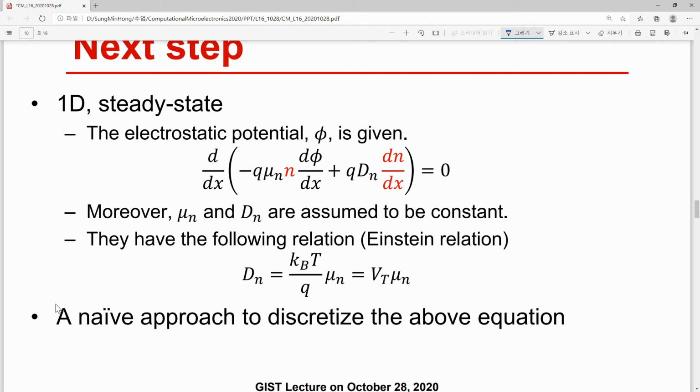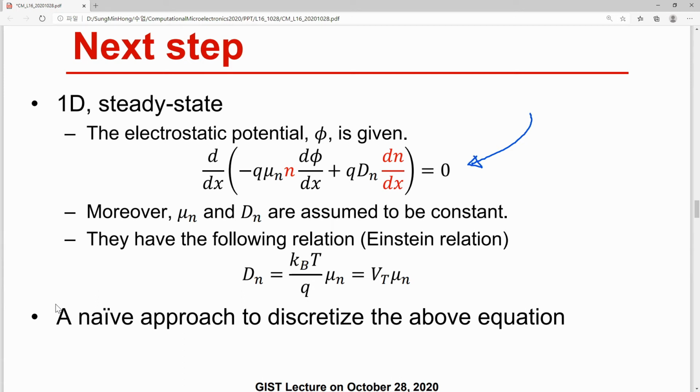So let's assume that the potential is fixed as before. Now the potential is just fixed, and you can solve just one continuity equation. Of course, you also have the hole continuity equation, but for a while, let's neglect it because this device is purely n-doped. So you have a really small number of holes, so you can safely neglect them. Then, let's consider only the electron